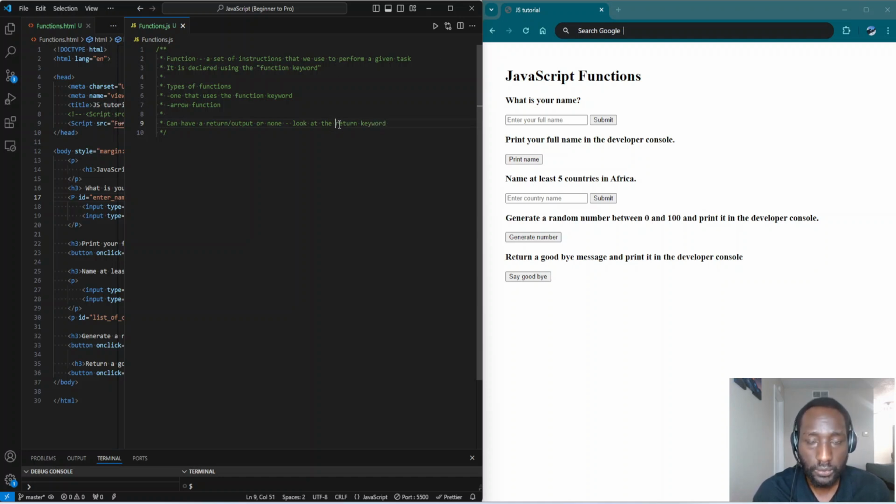Okay, I put this in quotes. And then lastly, we shall look at the shorthand of writing an arrow function. Okay, so this is a summary, an overview of what we're going to do in this